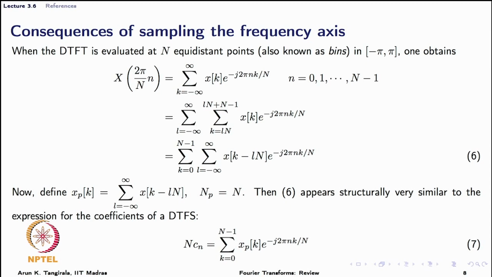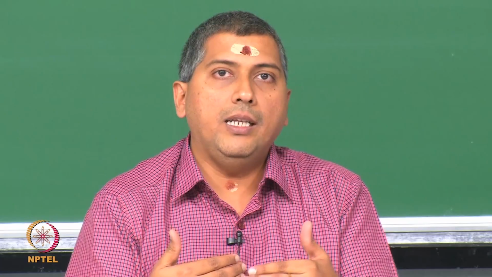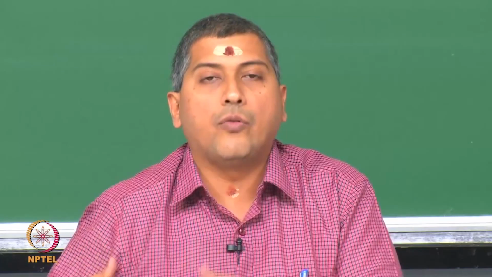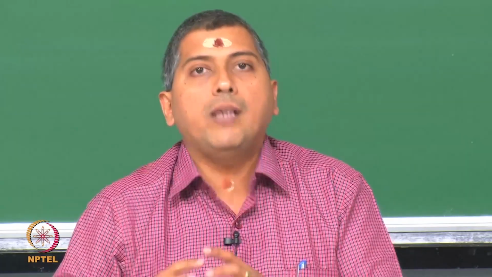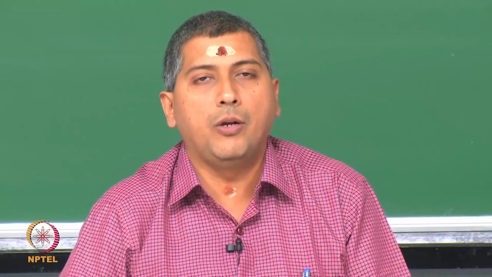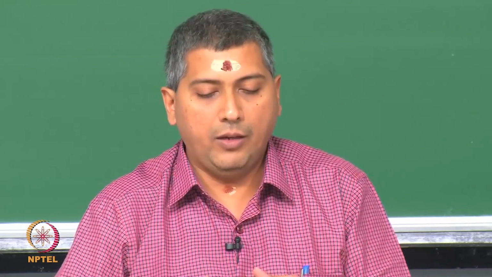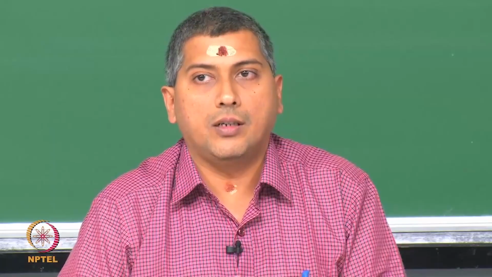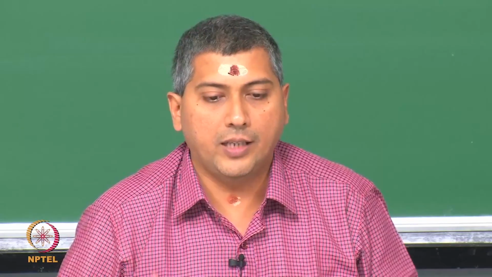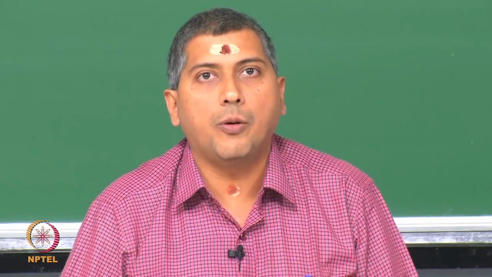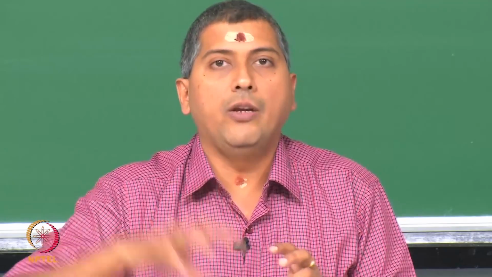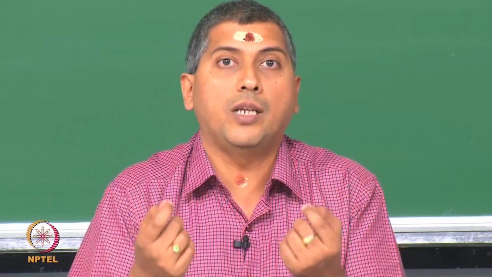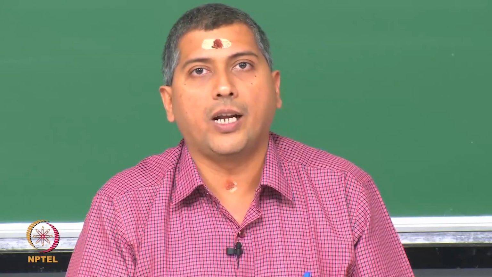Early on in this lecture we said, is there a possibility that I can construct an artificial infinitely long version corresponding to the finite length signal that I have observed by some extension. What we mean by extension is, for example, you could assume x of k, the original infinitely long signal, to be, let us say, 0 outside the interval of observation. So I can say that that is one possibility, or the other possibility is that I assume a periodic extension of the finite length signal, and so there are several possibilities. I can assume that the signal was constant before and after I observed, and so on.